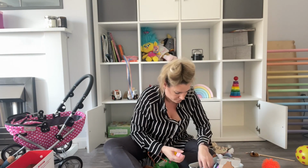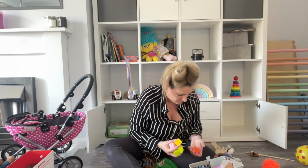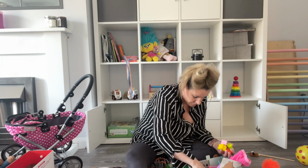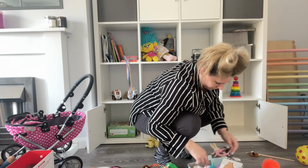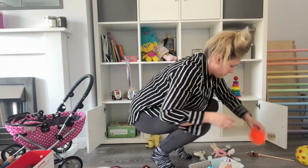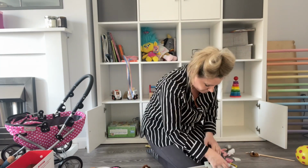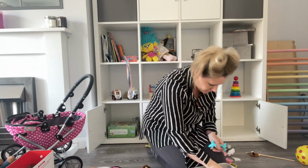I think that's what you get for encouraging your toddler to tidy away after themselves, because they just stick everything in the cupboard. More wooden blocks. These ones I believe are from her activity cart. When we first got them, we marked the blocks from different things so that we knew where they go, but I can't actually remember what the marks mean anymore, so it's just going to go. Some of them are going to go in that activity cart and some of them will go in the box